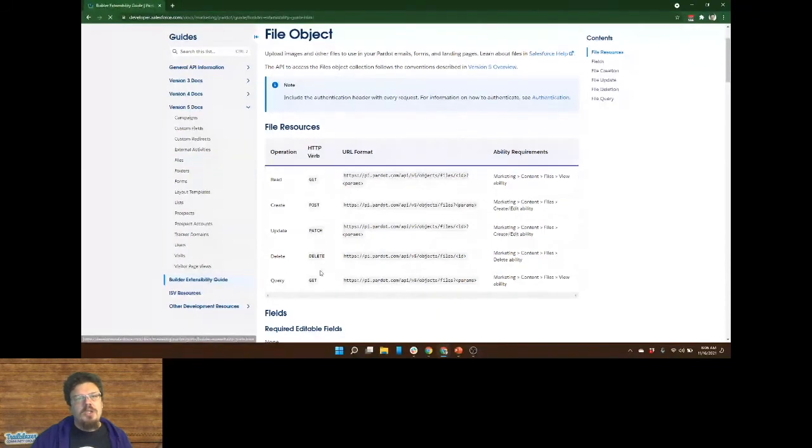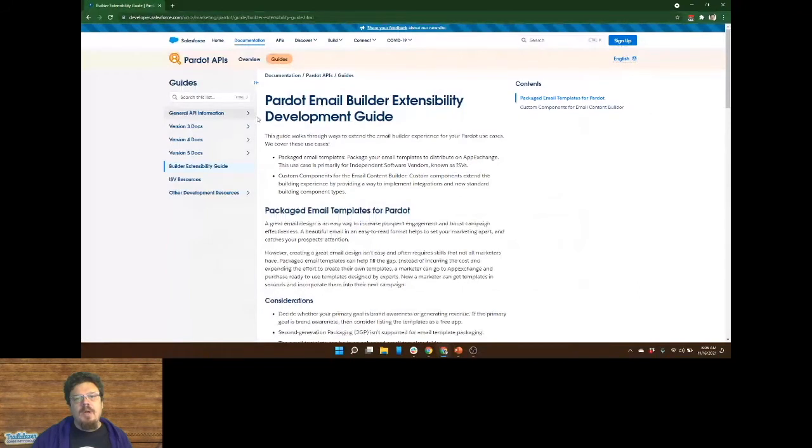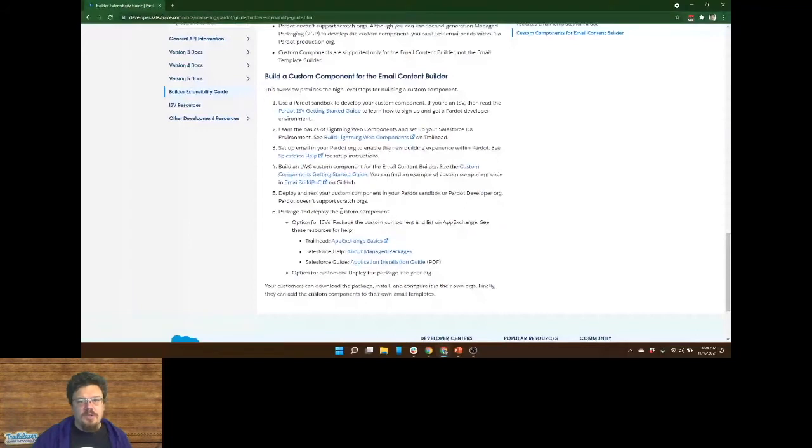In the documentation in the last couple of weeks there's this Pardot email builder extensibility development guide. The Pardot Lightning email builder, being able to add capability to that, is one of the things Pardot's talking about with the roadmaps. This is documentation on how to work with that capability. I haven't worked with this much myself, but there's documentation on how to do that, some quick start things, and links to Trailhead. ISV information is there if you want to